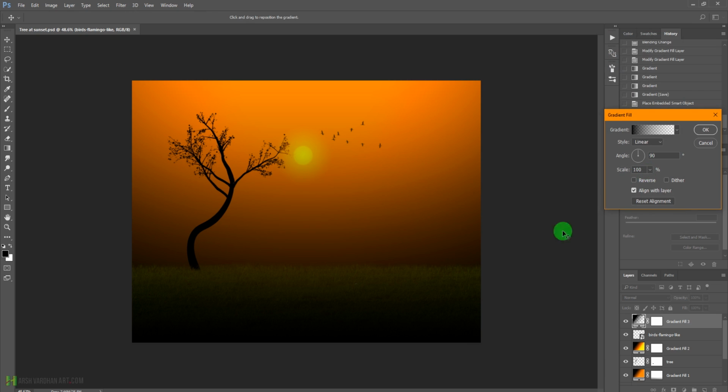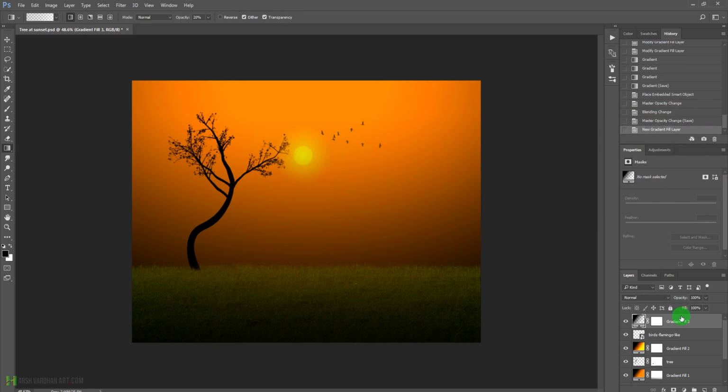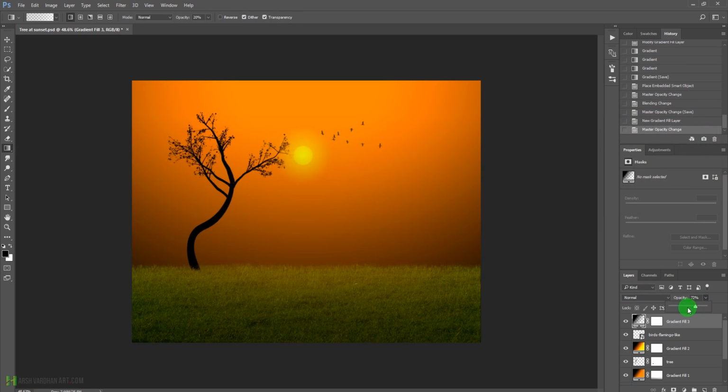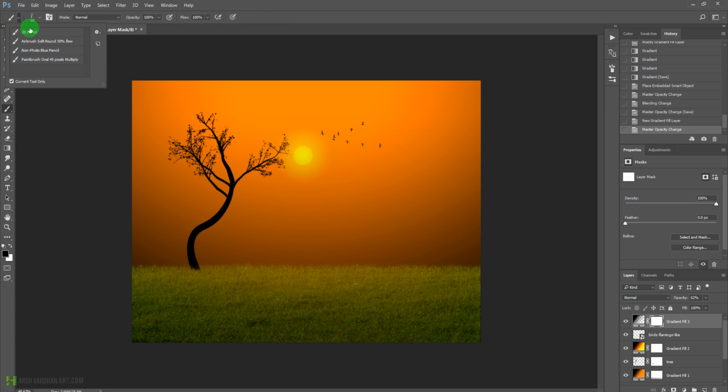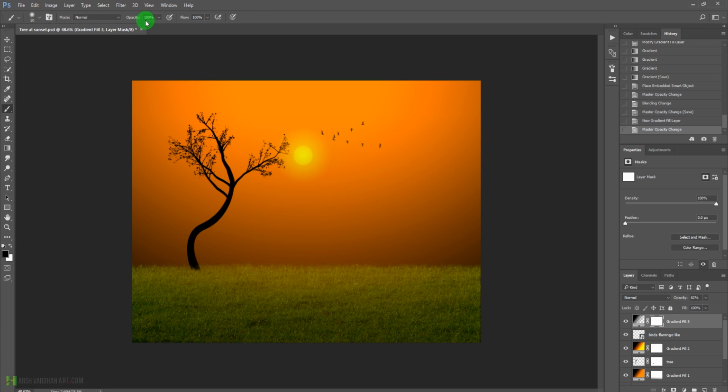And I think this one is fine, so we can drag it a little down and we'll refine it. So we'll make its opacity a little lower, something like this, and we'll select this layer and we'll take the brush tool, and this time we'll take the soft edge brush from here and make sure the opacity is low, around 10%, and we'll paint over here with the black color. So it is going to remove it from here. Alright,